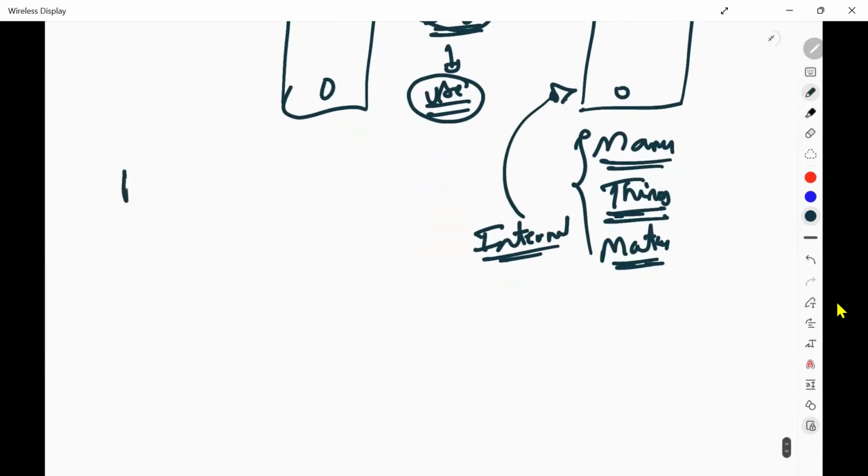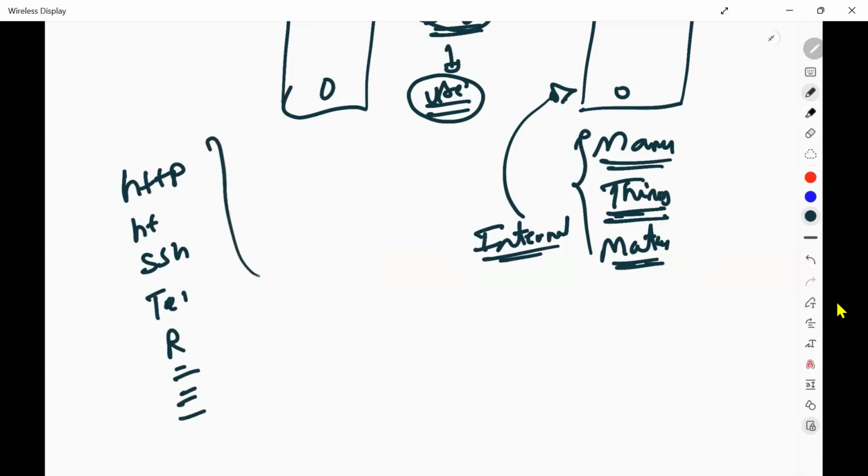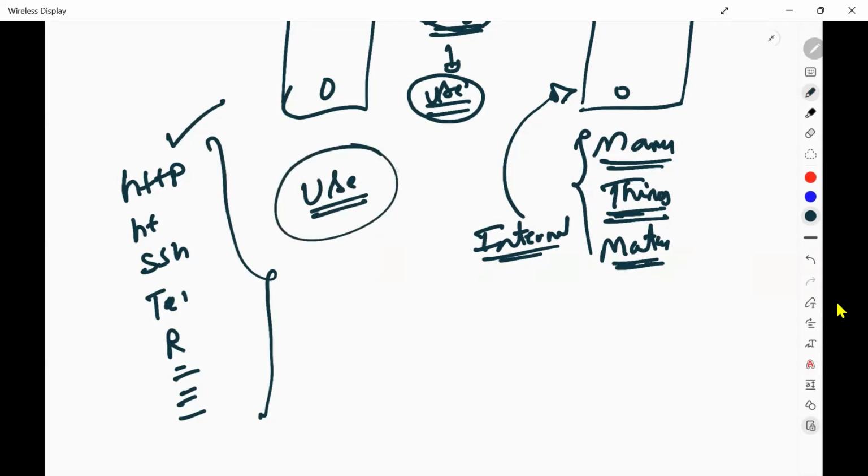They have already given some phones to you: HTTP, HTTPS, SSH, Telnet, RDP, similar to that. Even I don't know how they work internally, but I just know how to use them and where to use them. That's it. You just focus on these things.